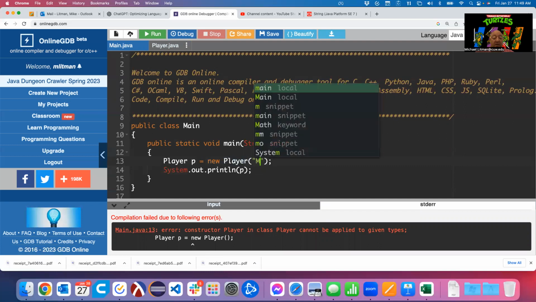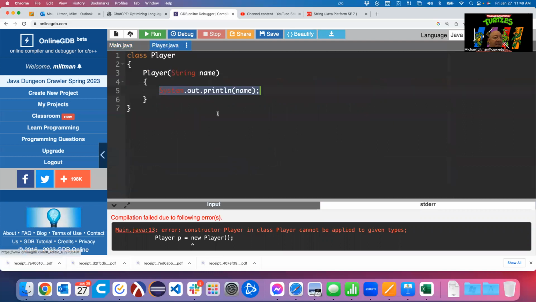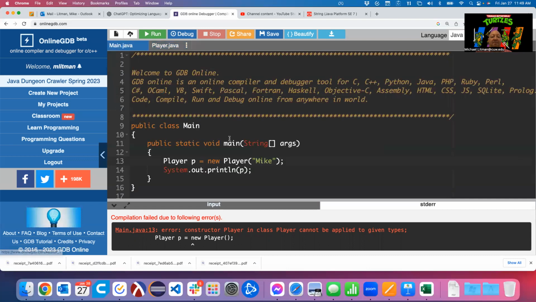So I'll go ahead and pass in a string to that constructor. Now I'm calling the constructor the correct way. This constructor for this class takes in a single string as a parameter. And what do we expect that constructor to accomplish? Well, constructors are supposed to initialize the object. This guy basically just does a song and a dance and prints it out to the screen for no good reason. So now, during the construction of my object, Mike is going to get printed to the screen. And that actually happened inside the constructor.